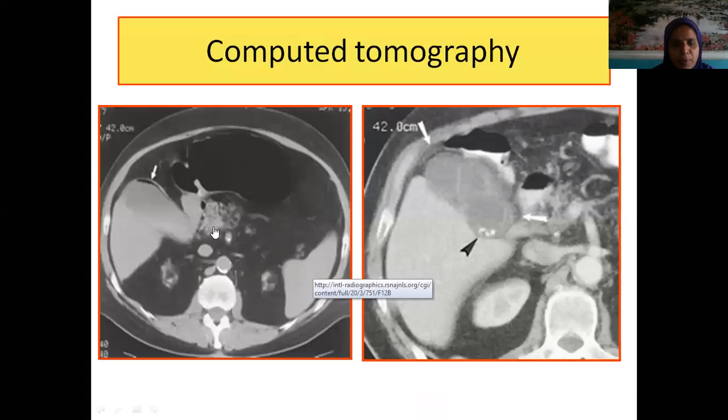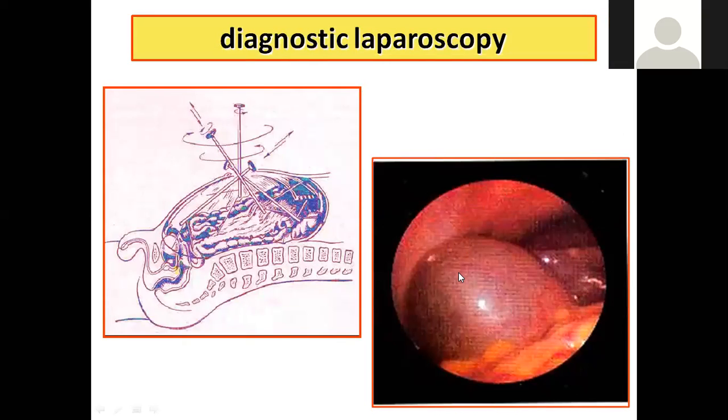Then this is CT, computed tomography. Here also, of course, you will not understand it so early, but still this area is actually representing gallstones. Okay, laparoscopy, I told you when we were doing some topic. Through a small incision, we will enter into the abdomen and correctly point towards the gallbladder. In cases like gallbladder carcinomas, we remove the gallbladder, whereas in case of stones, we give an incision and remove the stones. Laparoscopy is viewing the interior of the abdomen by means of a laparoscope.